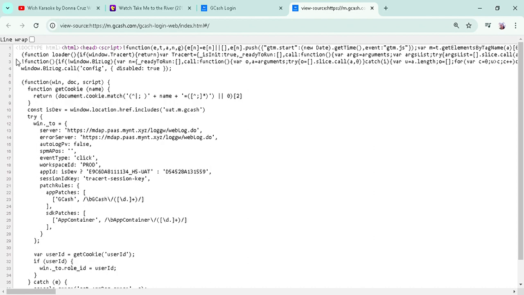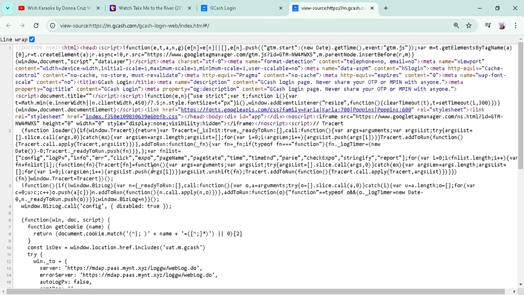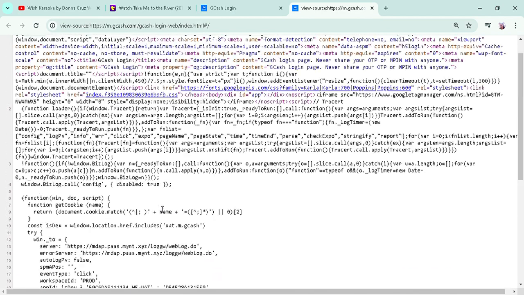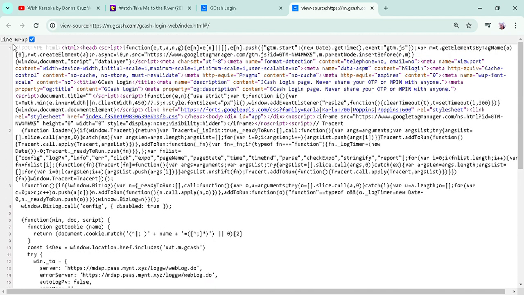Of course, if we notice, they use doctype HTML.